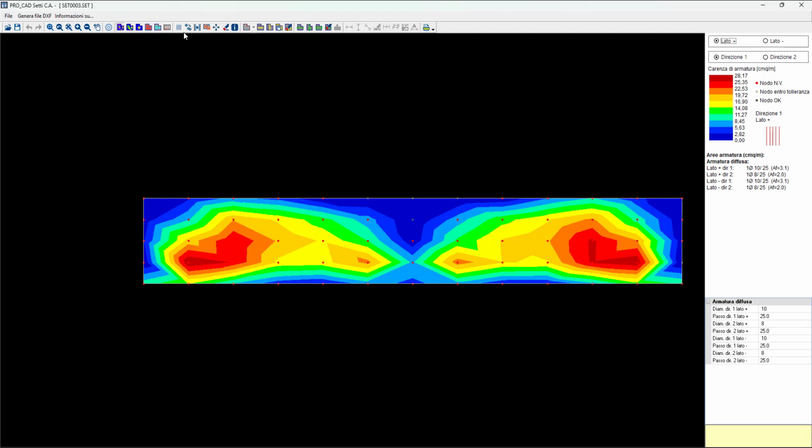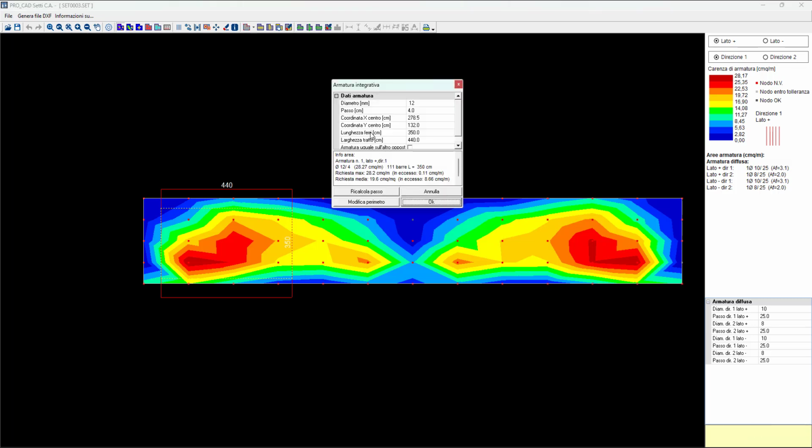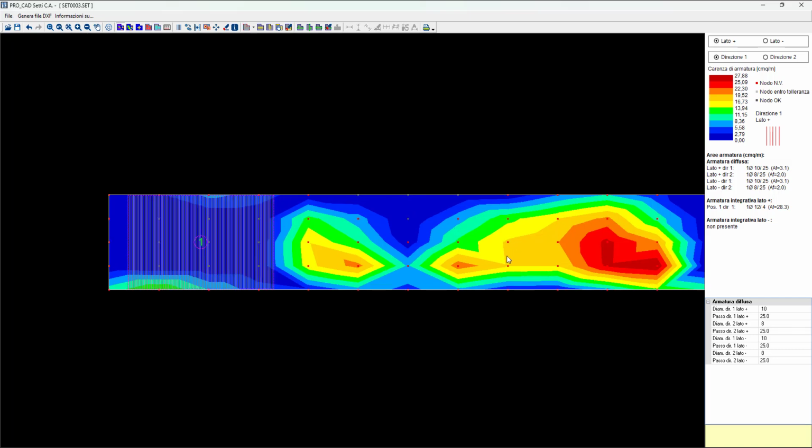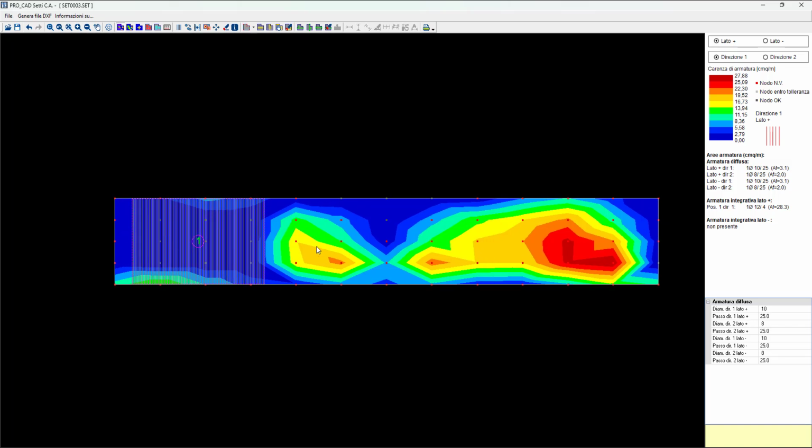And so we can use this command, inserisce armatura integrativa, select an area in which we want to insert it, and insert which rebars you want, with this diameter, this spacing between them, etc. If you go OK, now you see that you have a different result. Maybe I placed too much in it, but what I wanted to show you is that with this command you can add rebars and modify basically what's the check, what's the status of the wall.